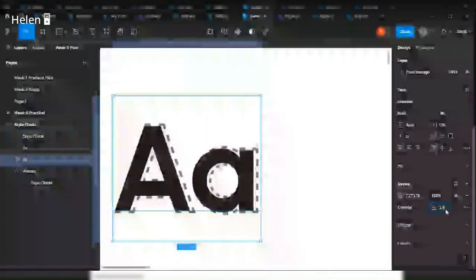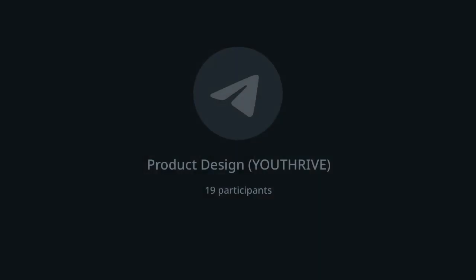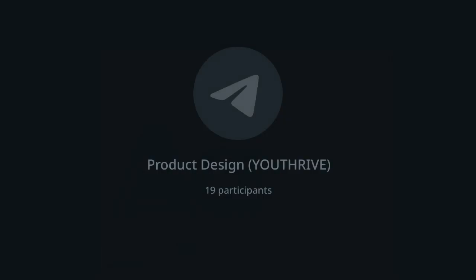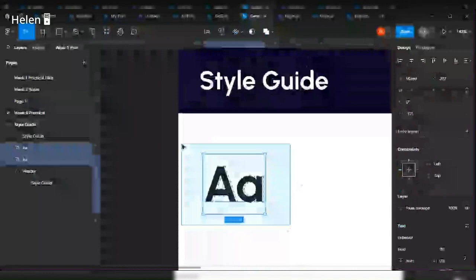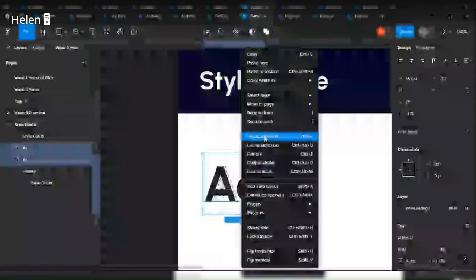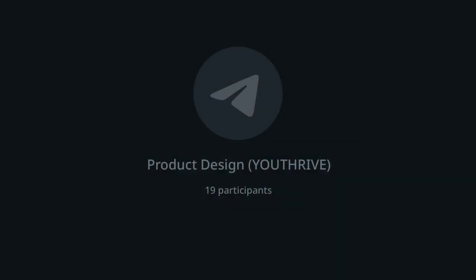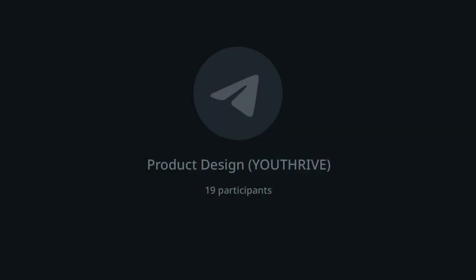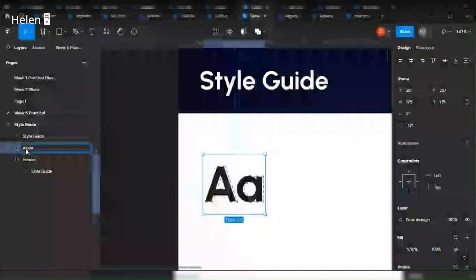Now the next thing I'm going to do is highlight both of them, and then right click and then group selection. Now, this is what I'm going to use, and then I will come here and rename it to alphabets. Okay. The next thing I'm going to do is bring this text I duplicated,